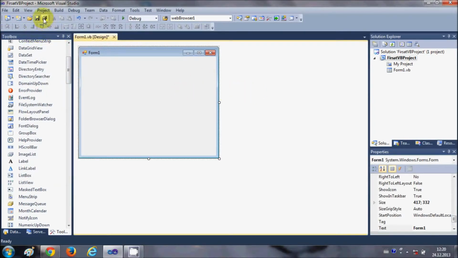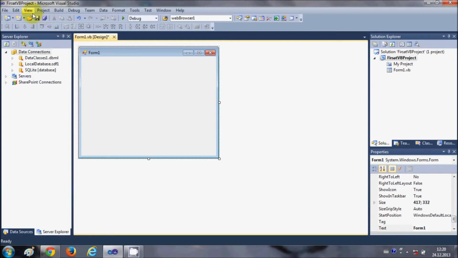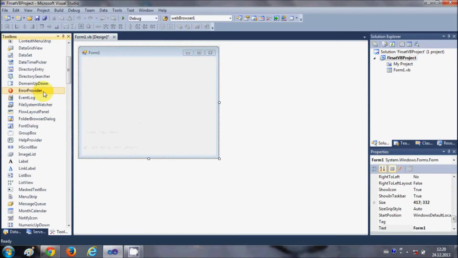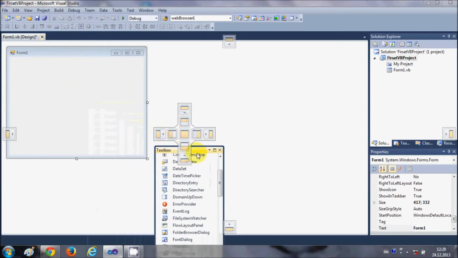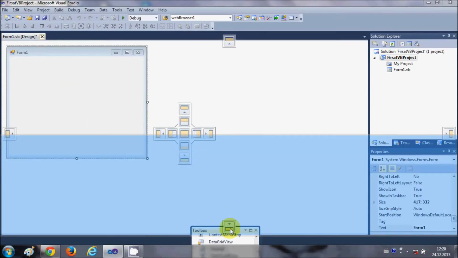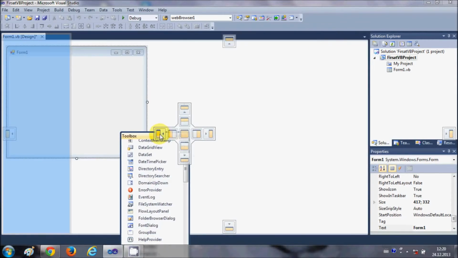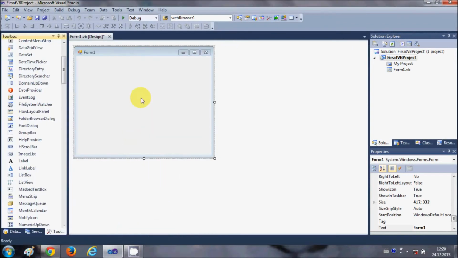For example, if you can't see Toolbox in your environment, just go to View and click Toolbox from here, and you can dock this at the bottom also, and you can dock it to the top, right or left like this by just clicking like this.